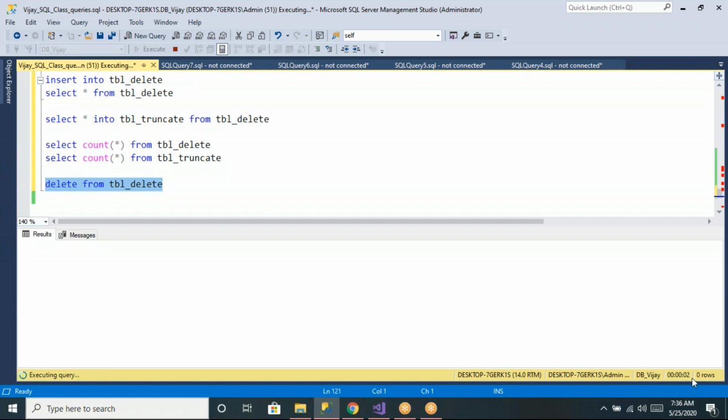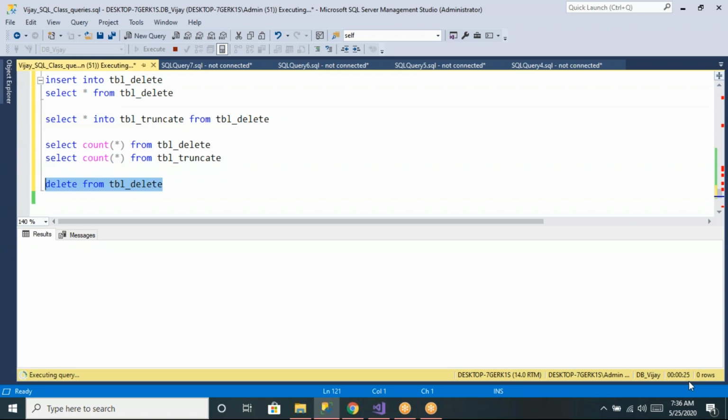Now you can see, to delete 31 lakhs: 2 seconds, 3, 4, 5. In the rightmost bottom corner, 11 seconds, 12, 13, 14, 16, 17, 18. It's still running.